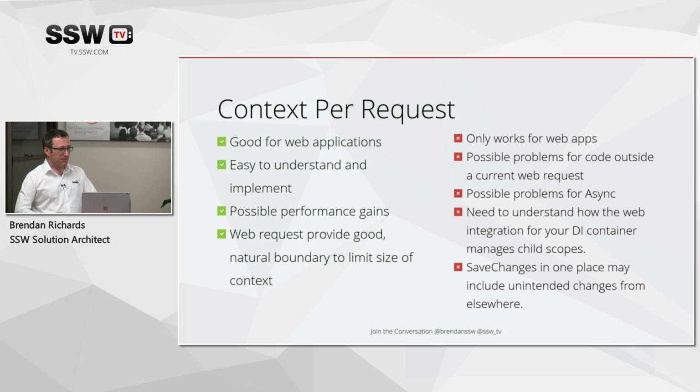And the other thing to keep in mind with the context per request is a save changes in one place may include changes you made somewhere else. I actually had a real bug here where I was working with another developer and they were doing one little bit somewhere in the request and getting some information out. I think it was like a little header, like, you know, hi, my name is sort of thing. And what they did is they got an object out of Entity Framework, and in order to put it onto the screen, they had to change it slightly. They had to merge 2 fields together to make a nice name.